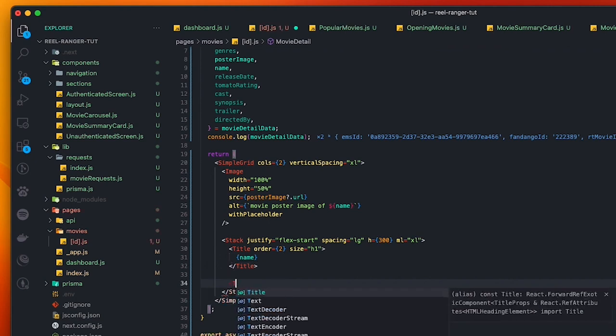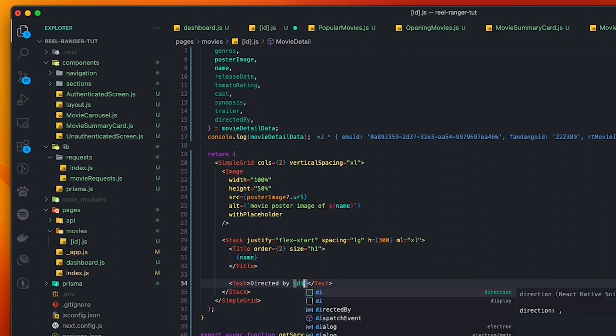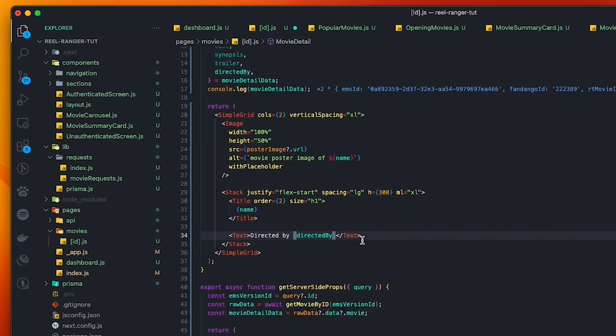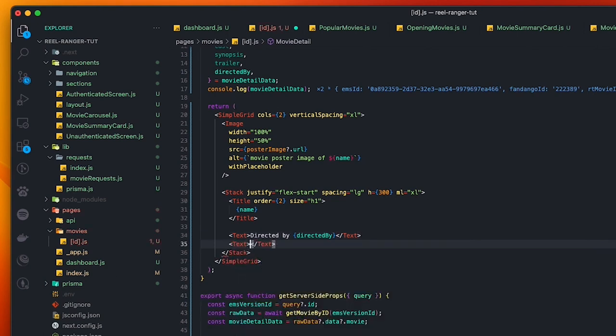Say Text, and make sure you're importing it from Mantine. Sometimes you could mix up your imports if you're just blindly typing it in. So, Directed by, and we're going to put in a JavaScript expression and then pass in the directedBy variable that will be destructured here from the movie detail data object. Okay, then right below it another Text, and this Text is going to display the release date. So Released,